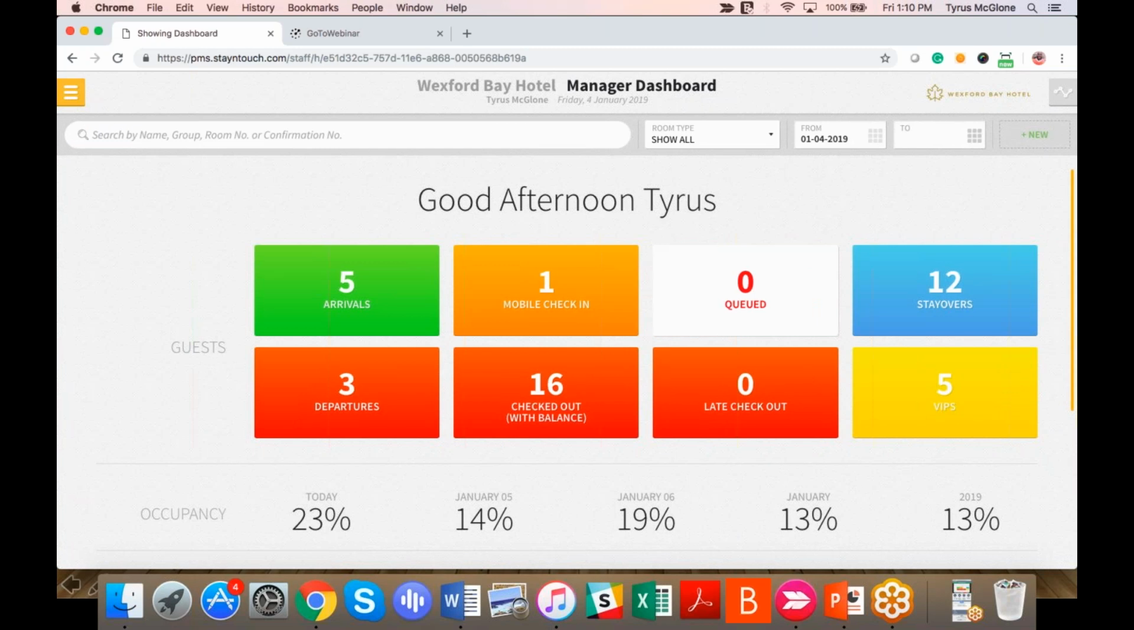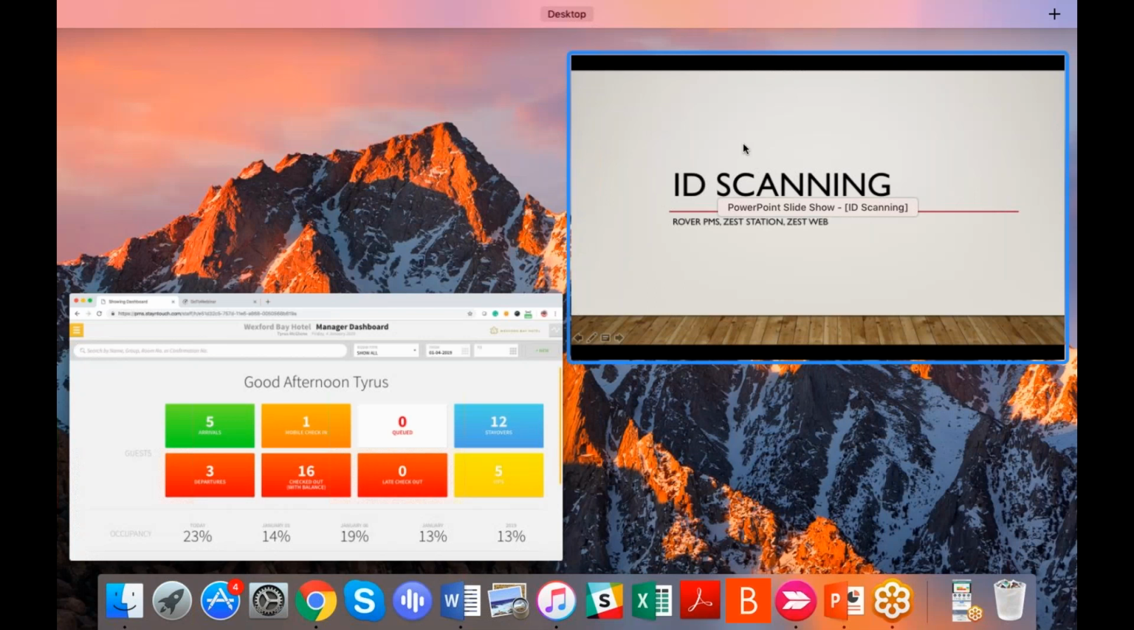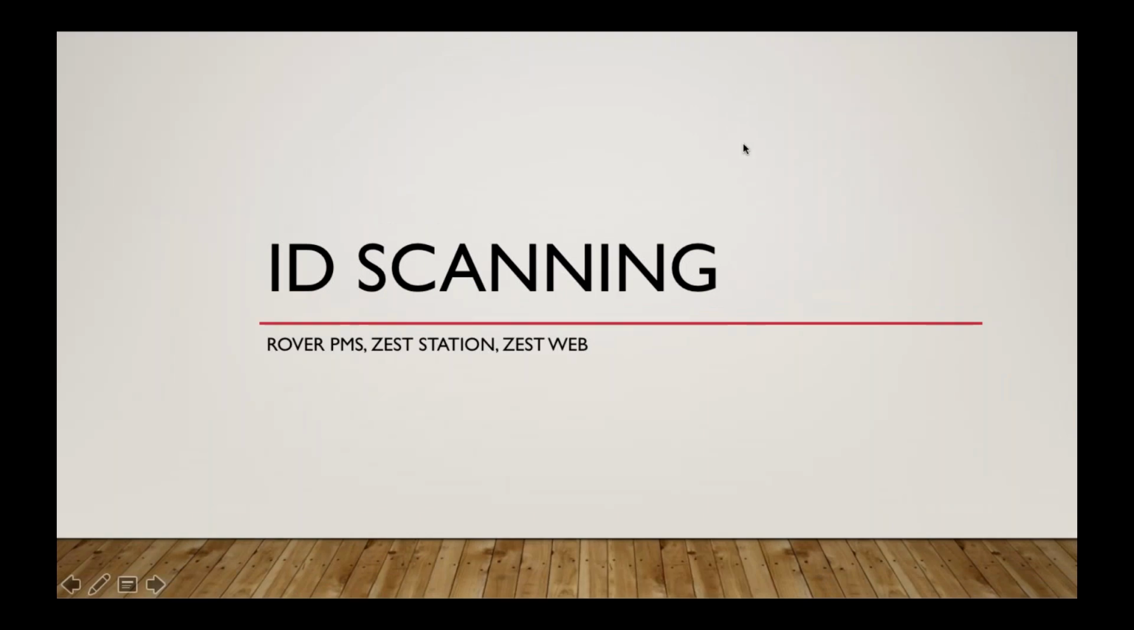Next, I would like to go over something a little more in detail. It's the ID scanning and facial recognition of Rover PMS and its station. So I'm going to go to a PowerPoint presentation that I have prepared for everyone. Many of our customers are using desktops and utilizing Rover. You may have iPad apps in which you're utilizing Rover, or you may even have the Zest station using the iPad. So the ID scanning allows you to scan guest ID, whether it's a driver's license